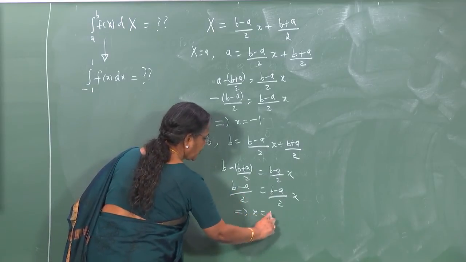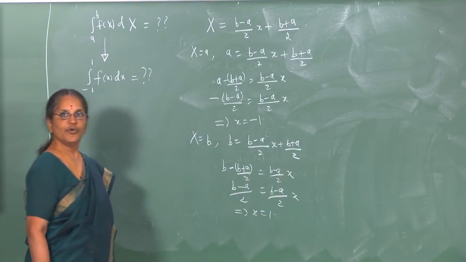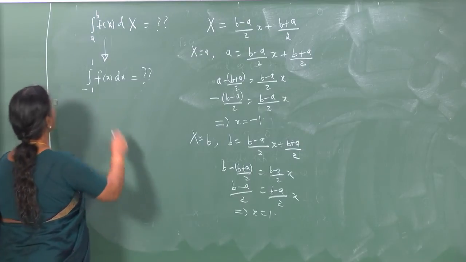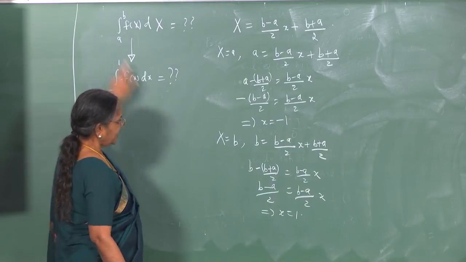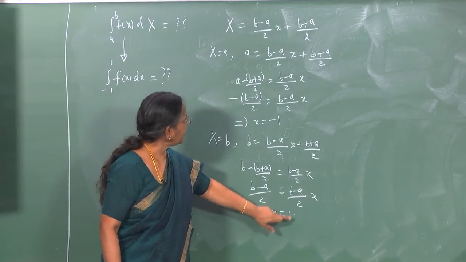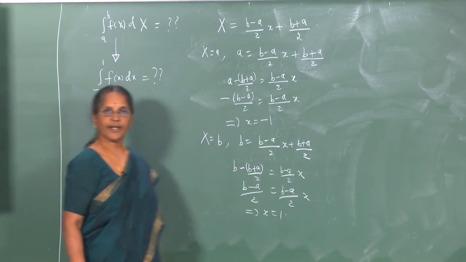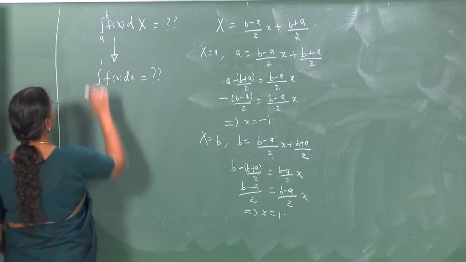So, that shows that x takes the value 1. So, therefore, when capital X varies between a and b, small x varies between minus 1 and 1, and therefore,